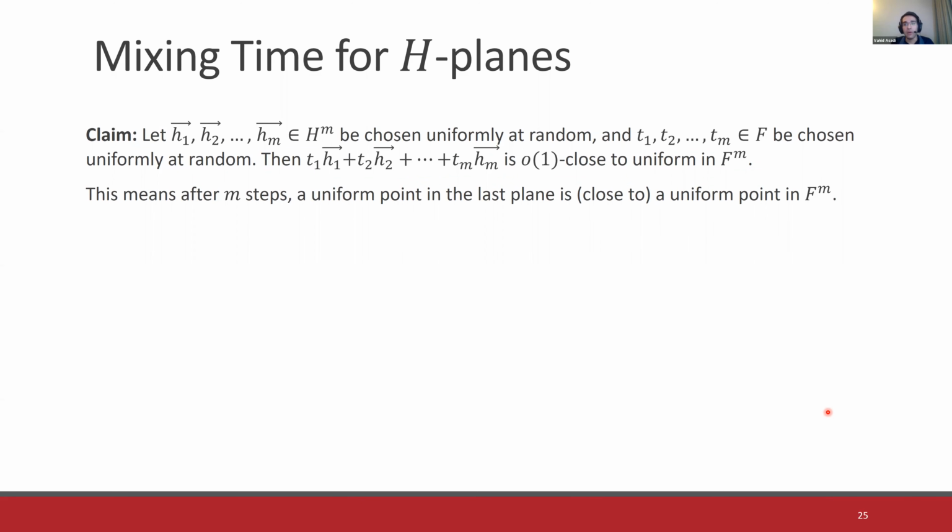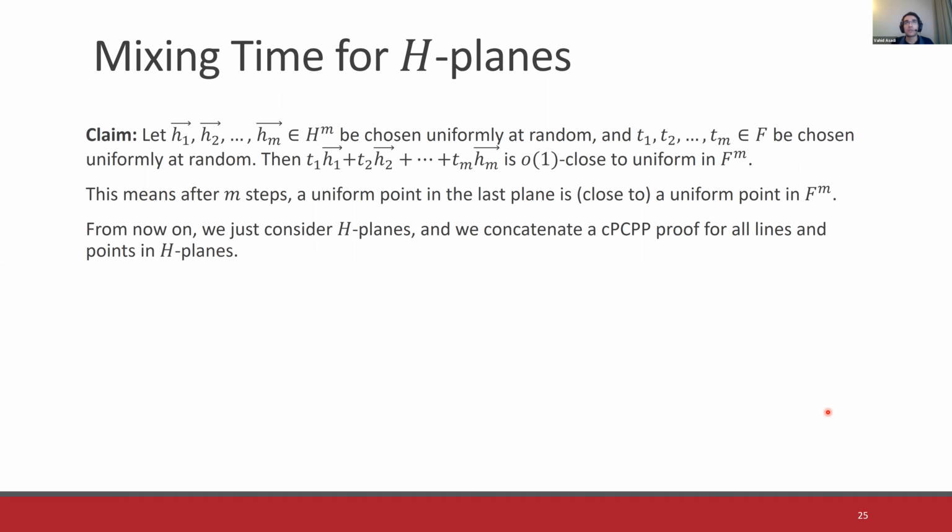So from now on, we just consider these edge planes, and now we concatenate a canonical PCPP proof for all the lines and points in these edge planes. Okay,